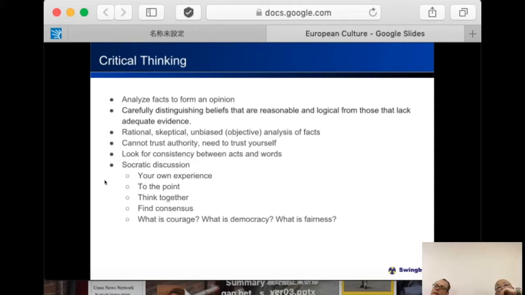This sentence says, from those that lack adequate evidence, right? And they try to lead to a reasonable, logical solution. It means from vague information, they try to get a reasonable, logical solution. Distinguish. So you need to distinguish, to classify, beliefs that have a reasonable foundation from beliefs that are basically